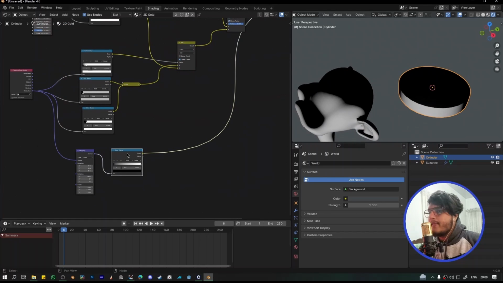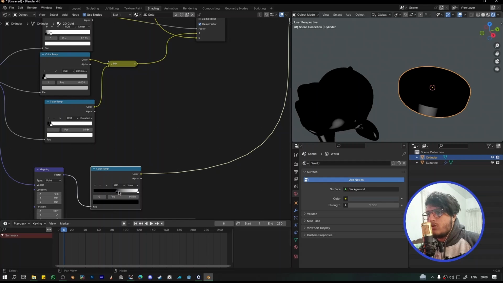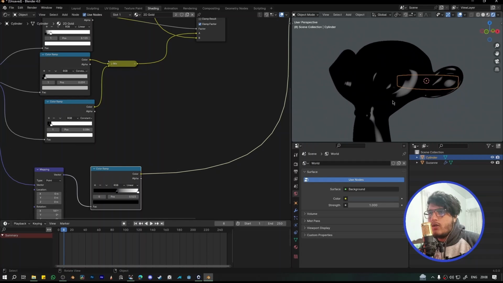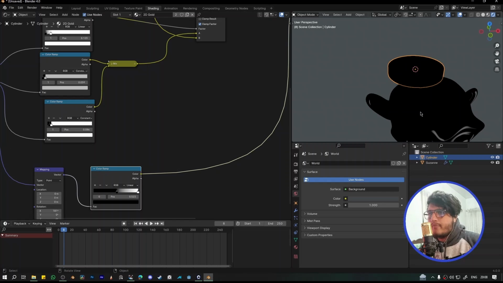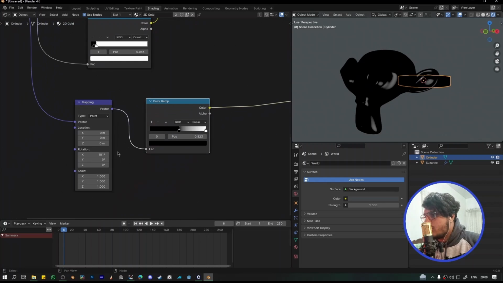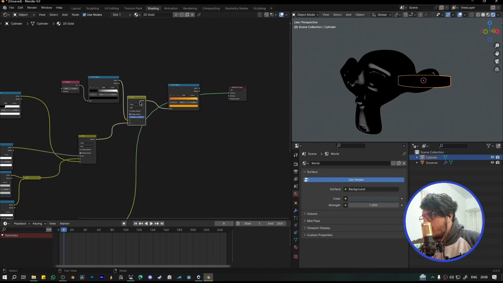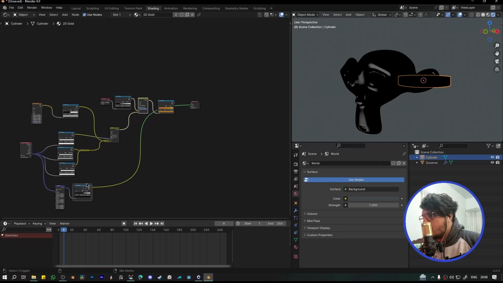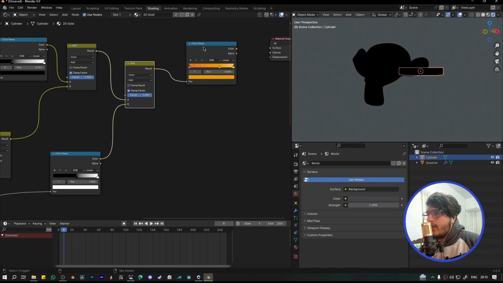Yeah, okay. And now we can just reduce it to this color, and we can just plug it in. Maybe do one more rotation on this. Maybe do a Z rotation. And no Z. Let's do a Y rotation on this. And yeah, okay, I like it. And now we can just add this over that, and now we have a